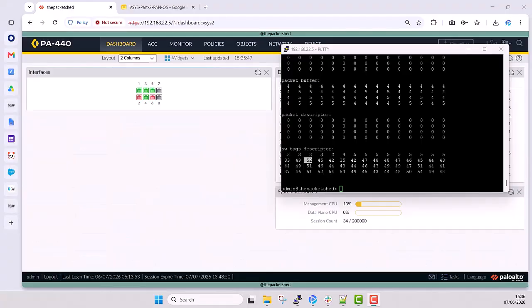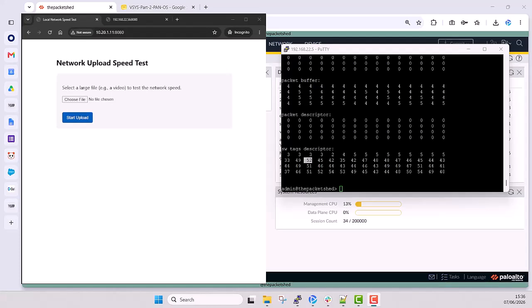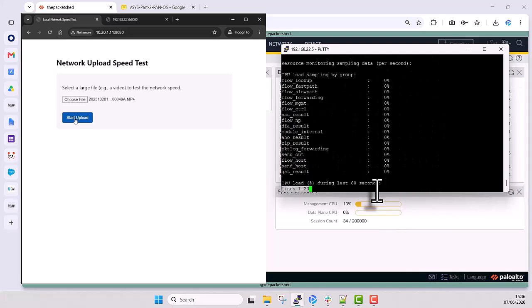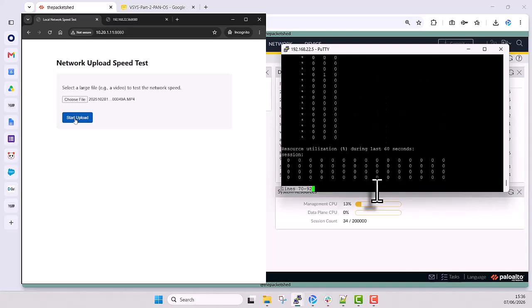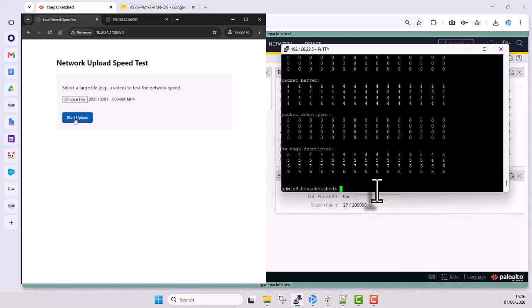So again, we're going to test for scenario 2 the same file upload, see how long it takes. So I'm going to start recording on the other one. So choose the file, the same file as I have chosen for the other speed test, and we are ready. So just before I start uploading, I'm just going to do an output from the CLI. So you see it's all pretty low. There's nothing happening on this firewall before I click this upload. So I'm going to start the upload now,